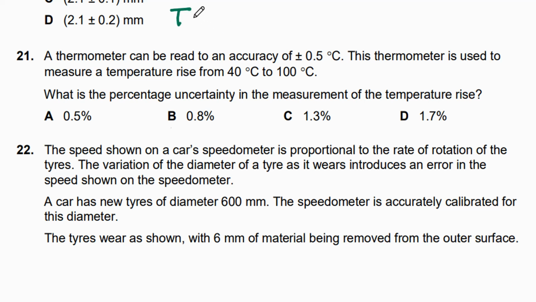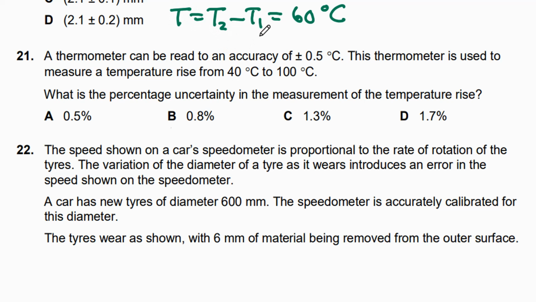Let's first work out the temperature rise T. If we call 40 degrees T1 and 100 degrees T2, it will be T2 minus T1. So we're actually doing 2 readings to get 40 degrees for T1 and 100 degrees for T2. And of course, it's just going to be 100 less 40, which will be 60 degrees centigrade. So this is the temperature rise. It's important to note that we get this temperature rise by taking 2 readings and then subtracting the one from